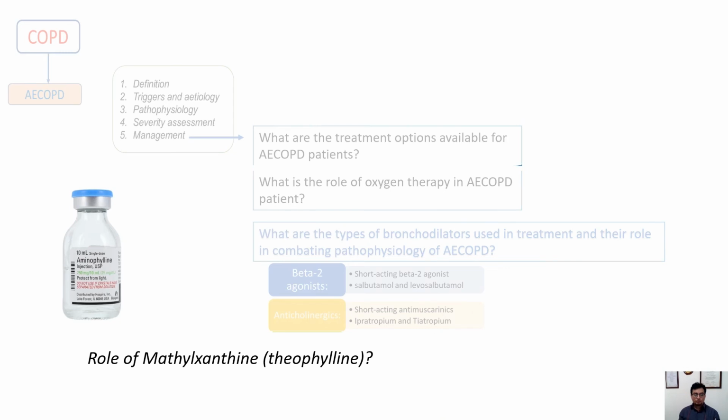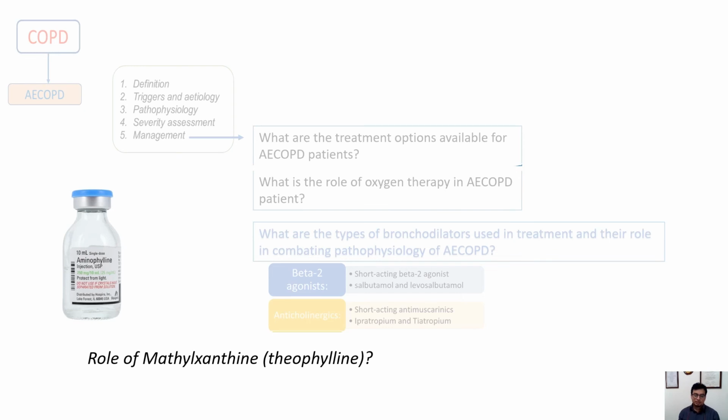Now, what is the role of methylxanthine? Some people use deriphyllin, doxyphylline, aminophylline, etc. Remember that they are not very well recommended according to GOLD Guidelines 2022. Methylxanthines are potent phosphodiesterase inhibitors and adenosine receptor antagonists, which have been recognized to have a direct bronchodilatory effect. They also reduce the airway responsiveness to histamine, adenosine, methacholine, and allergens, etc.